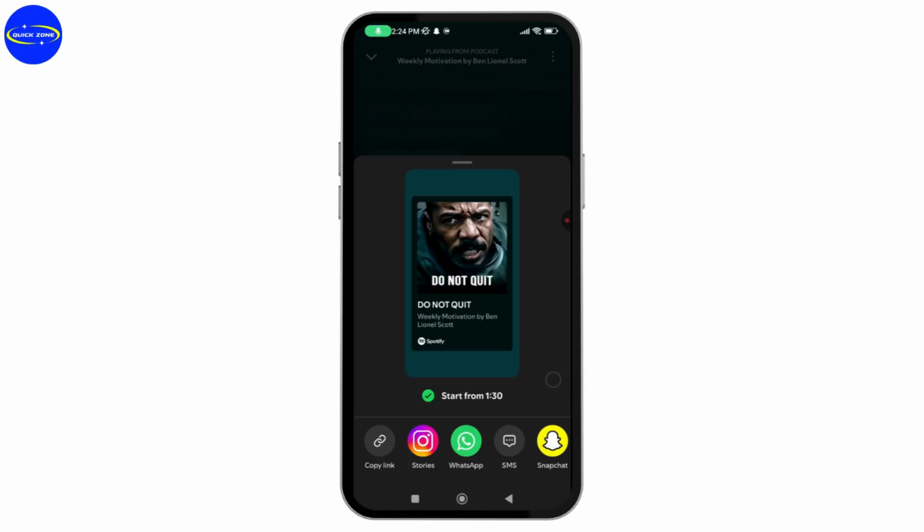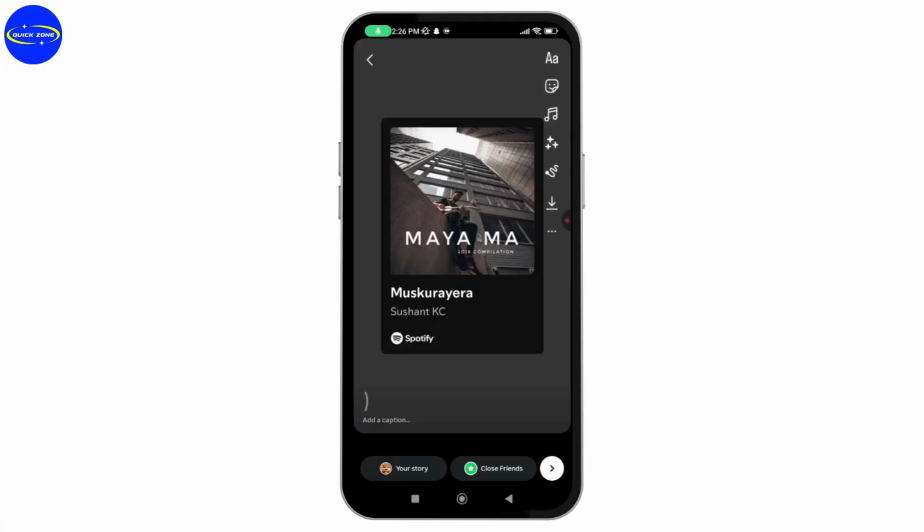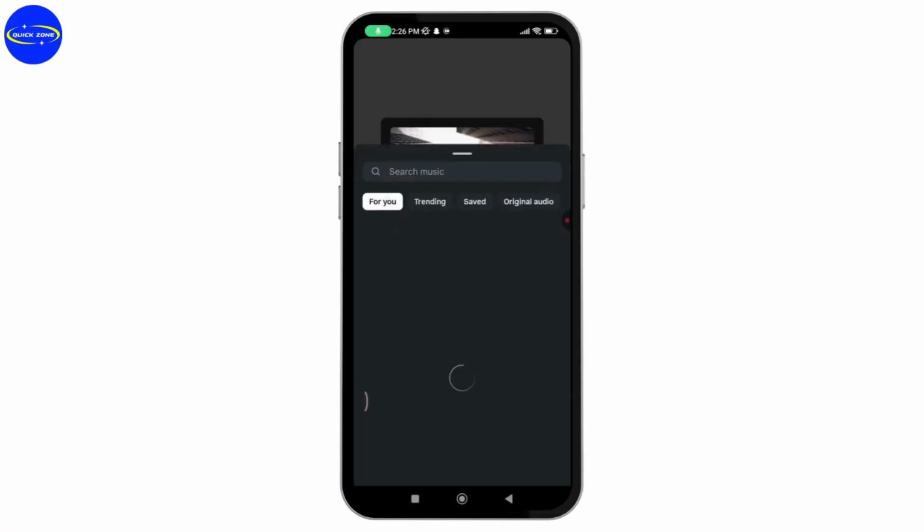If you want to do that, you can go and select that, and then here on the bottom you will have Instagram stories. So select Instagram stories. Once you've selected Instagram stories, it will take you to this kind of interface. But if you've not got any sound right here, then you can go with music, which is on the right